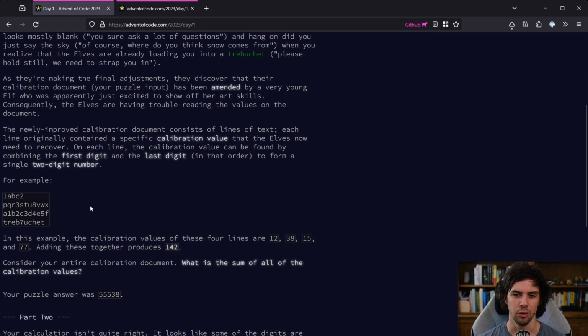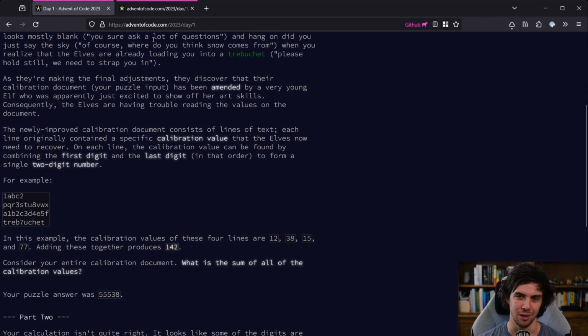The goal of part 1 was to find the leftmost digit and the rightmost digit, so 1 and 2 in this top example, combine them together into a 2-digit number, in this case 12, and do that across every row in the file and sum all of those 2-digit numbers together,